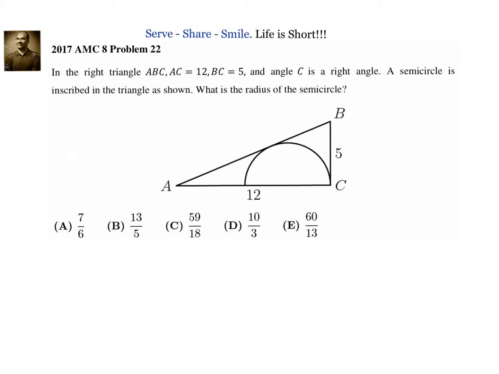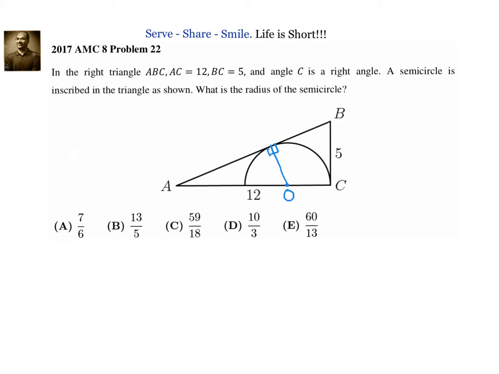So first we have been told that this is a semicircle. So let us try to identify where is the center of the semicircle. This is the center of the semicircle. Let us say O. Then we'll join O to the point of contact between semicircle and the triangle because we know that angle will be equal to 90 degrees.